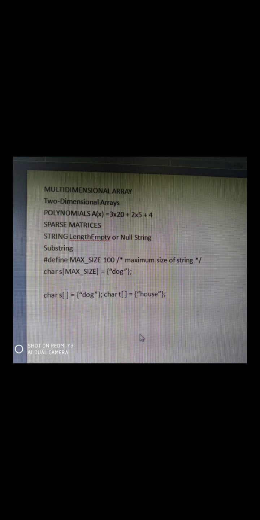Next, concatenation. If I want to combine "hello" and "world", where hello is one string and world is another, I write strcat(s1, s2). S1 is "hello" and s2 is "world", so it displays "hello world". Similarly, strlen, the string length: if I use strlen(xyz), it displays the length of the string.